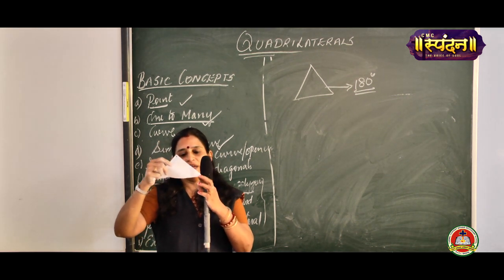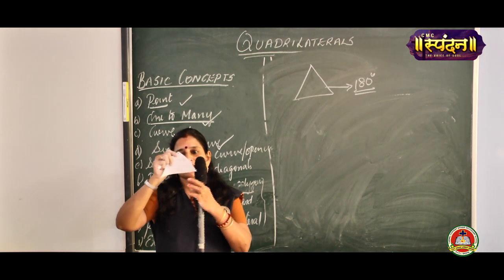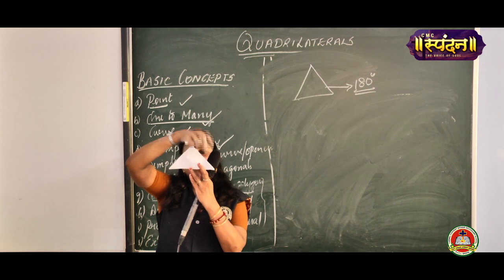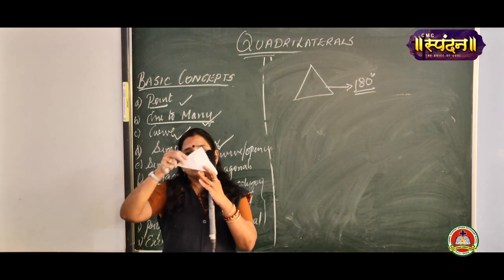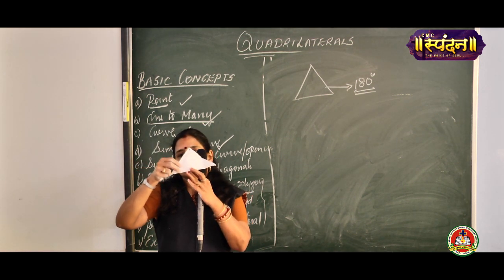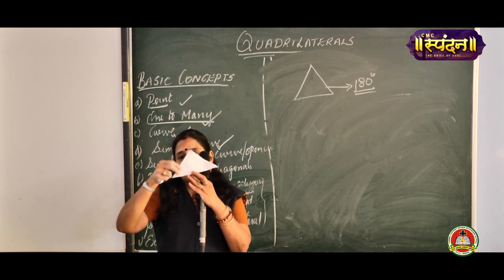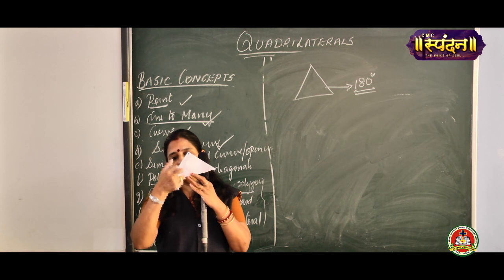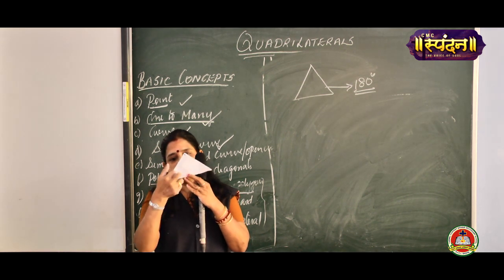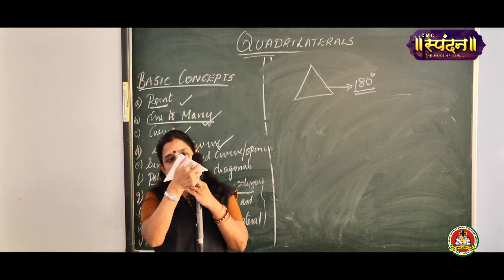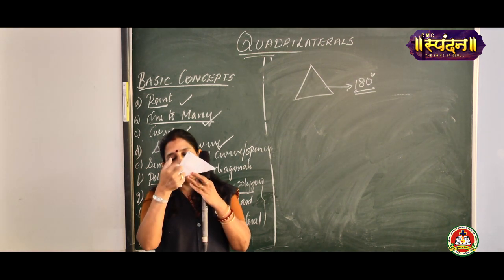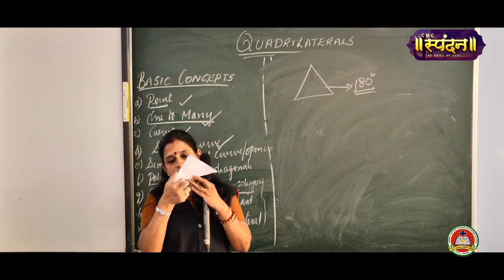Similarly, side BA also, I am going to take the midpoint. This point I have marked is the midpoint of BA, and this point I have marked is the midpoint of CA. After that, I am going to drop a perpendicular from this midpoint on both the parts. Here also a midpoint is there, so from there I will be dropping a perpendicular. From here also I am dropping a perpendicular.